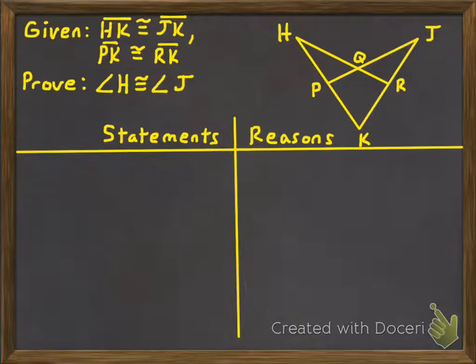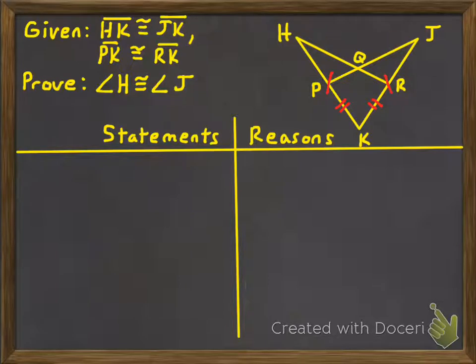Now you can see from what we're trying to prove that we're trying to prove that angle H is congruent to angle J. And let's look at the information that we're given to accomplish that. We're told that segment HK, so that entire segment right there, is congruent to segment JK, that entire segment right there. And we're also told that segment PK, so just this little portion right here, is congruent to segment RK right